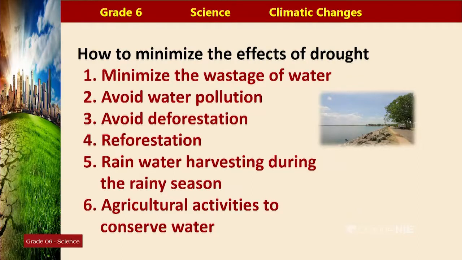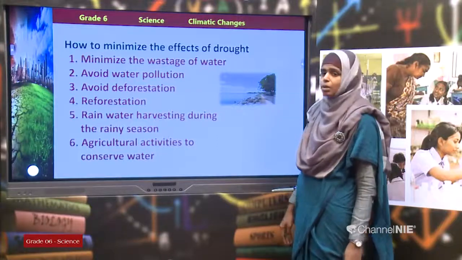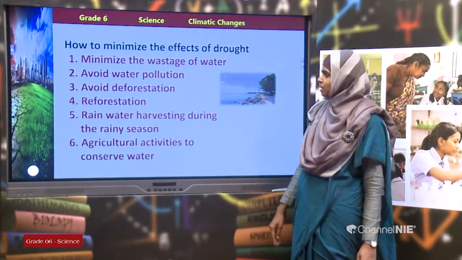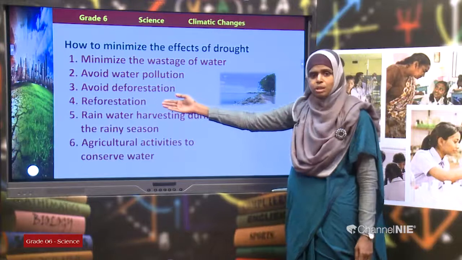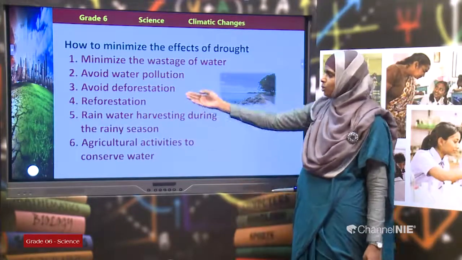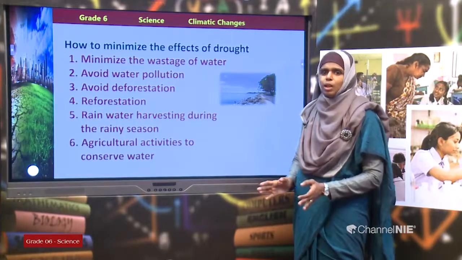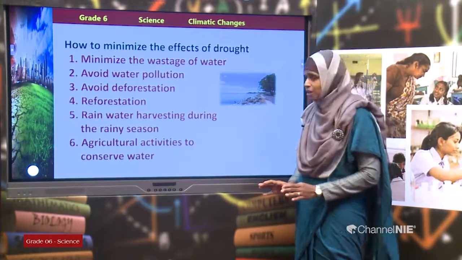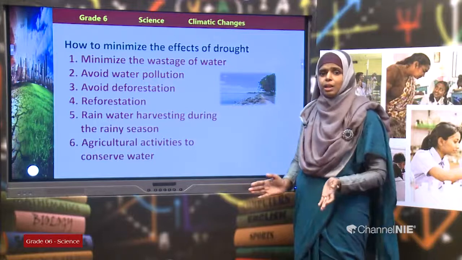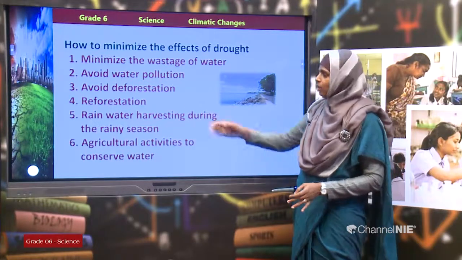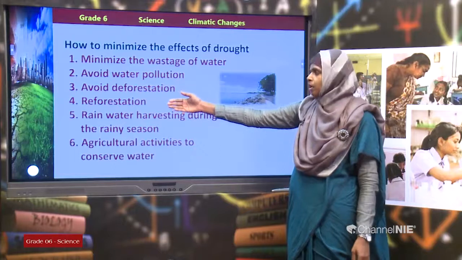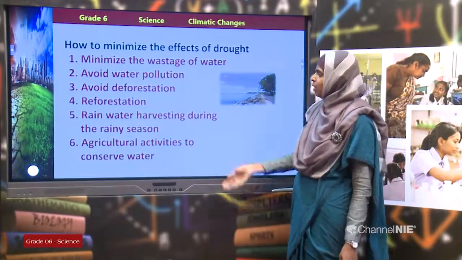As well as we have to avoid deforestation. Cutting down forests should be avoided, right? Whenever more forests are cut down, it might lead to drought conditions, children. And also, if possible, this is a way that we can do reforestation. We can plant a small plant in our home garden, but that does not mean that it is reforestation. In large cleared areas, the forest can be grown with suitable plants. Reforestation, forest can be grown again.